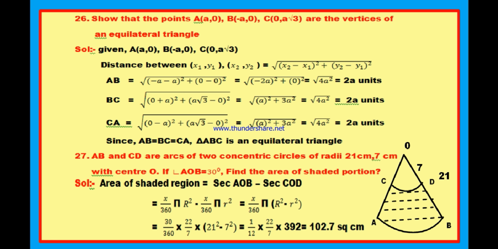Now the formula to find the area of a sector is x by 360 into pi r square. Since here we have two sectors, one is a big sector and the second is a smaller sector, we consider the radius of the outer sector as capital R and the radius of the inner sector as small r. Therefore, sector AOB is x by 360 into pi capital R square, minus the area of the sector COD is x by